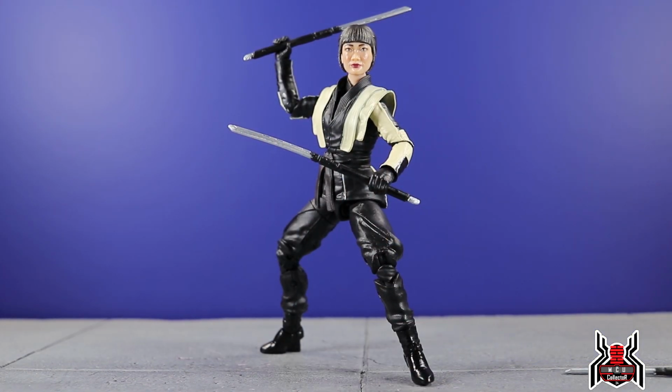Okay, and here is the Akiko figure out of the package, and she is okay. I was hoping for a little bit more with the figure. It's not terrible. It's also not great, and there's a couple of things. The feet are really small and have these wedge shoes, so it's going to be a little tough getting her to stand. The design of her costume, with the bagginess up at the top of her legs then going into tight fitting for the lower legs at the knee and below, makes for a weird look on action figures,